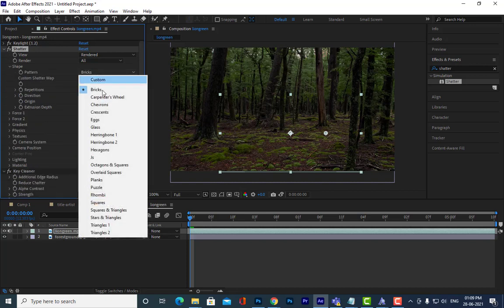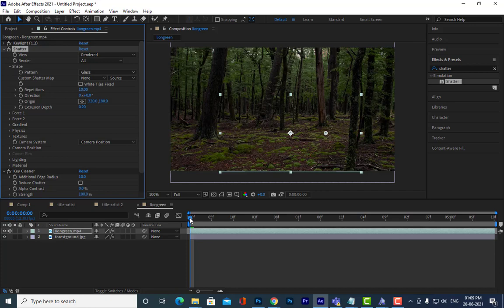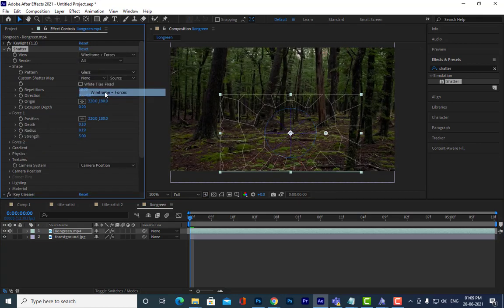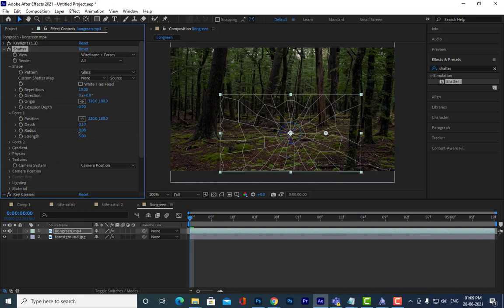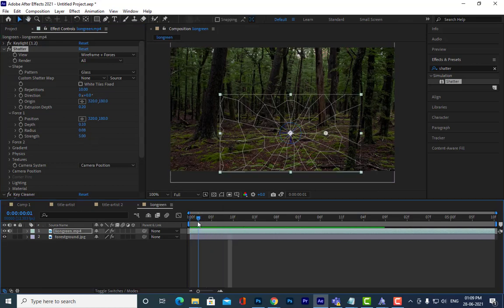So let me change it to glass. Let me change the radius here. So let me keep it wireframe and forces. And let us change it to repetitions.